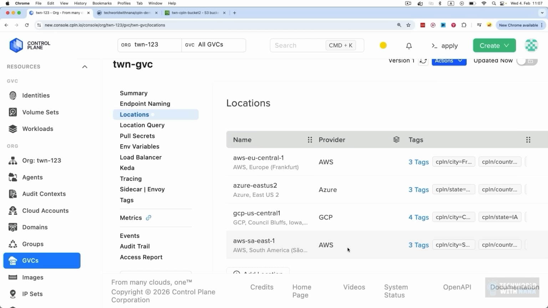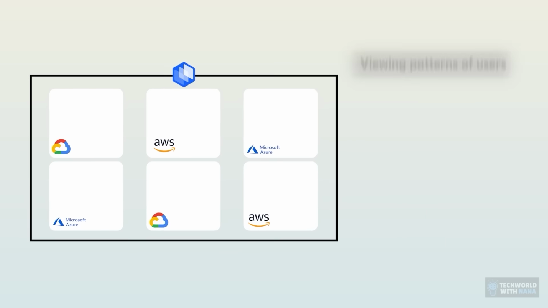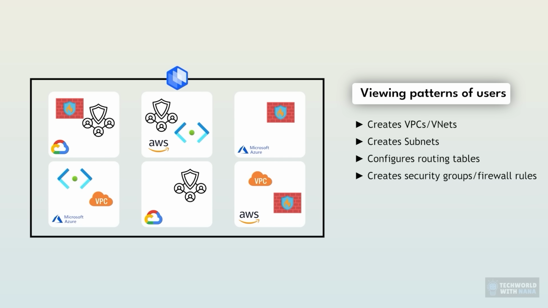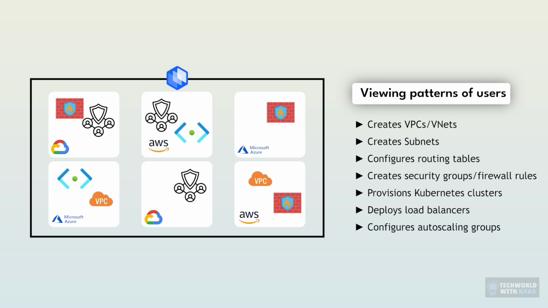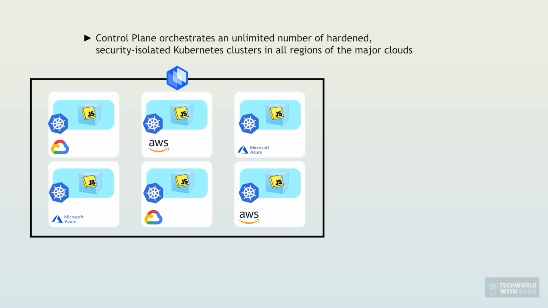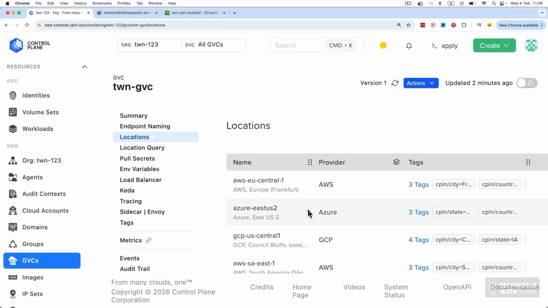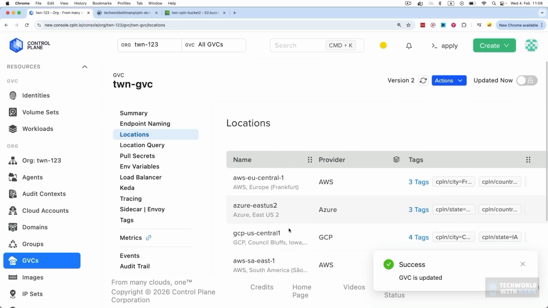And as I said, it's super simple to do, but there's a lot of technical complexity going on in the background, because now I have a global cloud that is made up of multiple cloud providers in different regions, and infrastructure in the background is provisioned with all the necessary setups to basically run my Dockerized application on top of it. So infrastructure and Kubernetes clusters are provisioned on these underlying cloud providers with all the settings so that I can literally throw my Docker containers into it and it's gonna run them in a Kubernetes cluster. And that's exactly what we're gonna do. And since we added a location, we can update this one, and there you go.